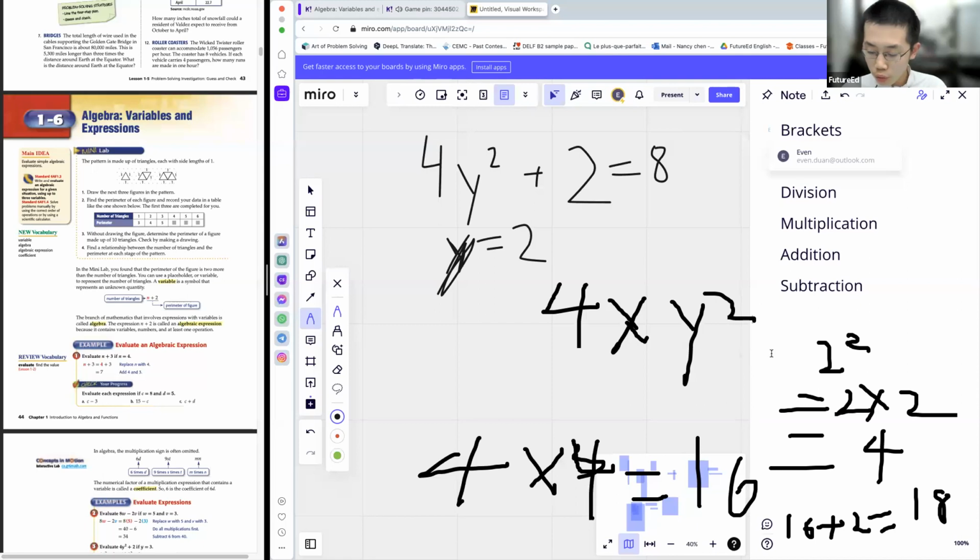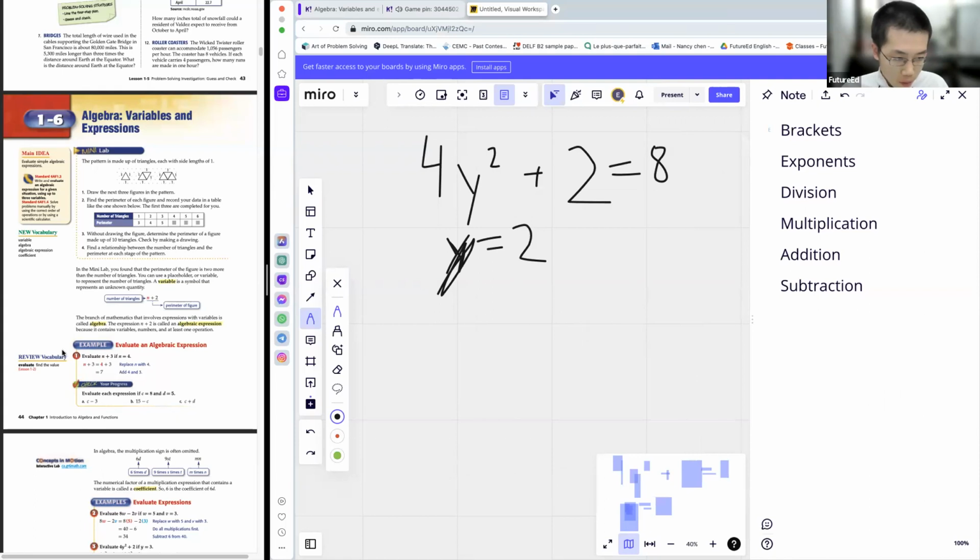And if you were to write this, for example, on a test, you wouldn't really want to write giant crosses like this because, as I mentioned earlier, the multiplication sign looks a lot like an X, right? So if I'm reading this, I'm like, oh, 4xy squared plus 2 equals, what's X? I have no idea what X is equal to, but there actually is no X, right? So in this case, you want to avoid writing multiplication as an X. So if I were to rewrite this, do you mind? Okay. So if I were to write this, for example, on a test,